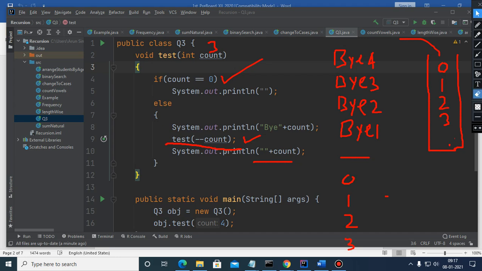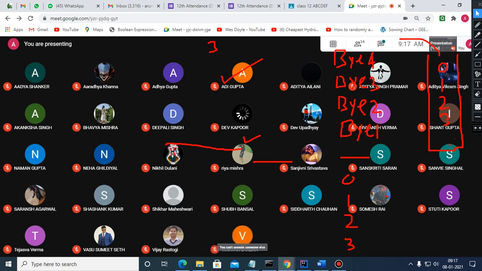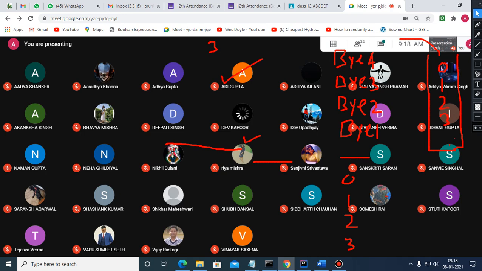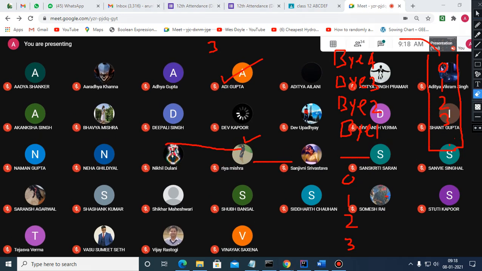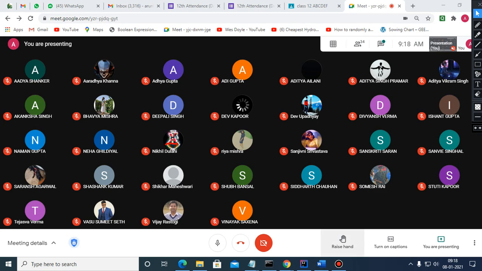So children, the issue is that you need to practice recursive functions properly. So I want to see all of you improve in recursive functions in the coming pre-board. In case you feel any problem, definitely we will discuss some output based questions with recursive functions also. Okay, Rastogi sir.